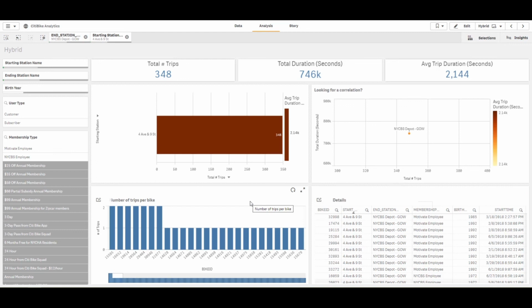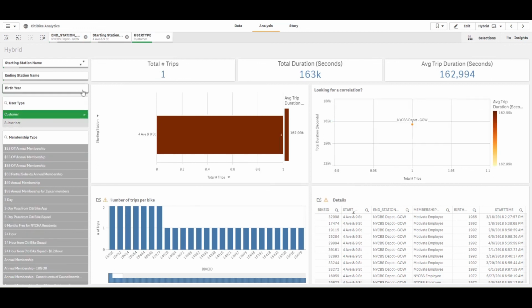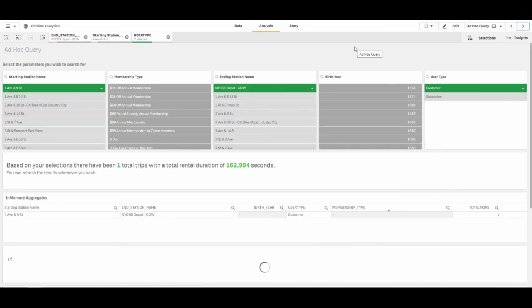It could kind of be the hybrid of whatever it is that you want. I could then even further refine this if I want to, and I could choose just customers, right? And so in this case, it's saying, hey, you need to refresh this. We get that. We've already walked that route, but I'm going to show you another variation of this where it